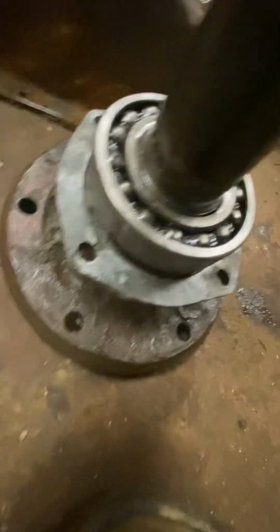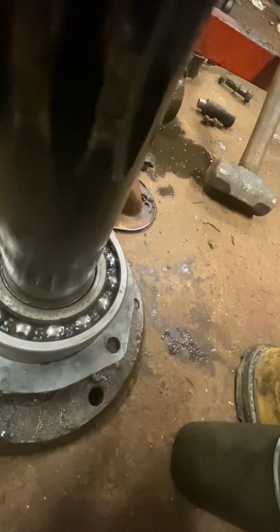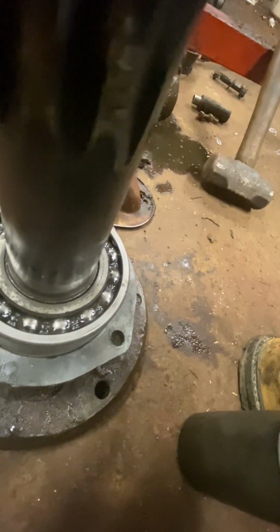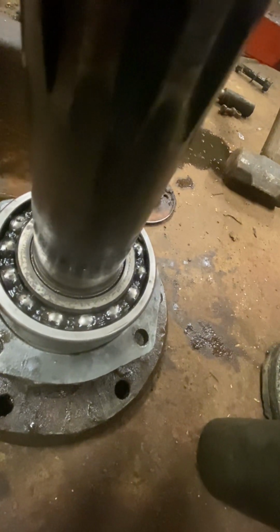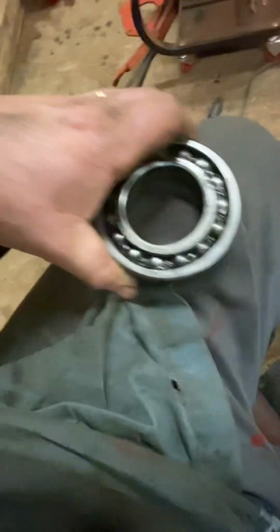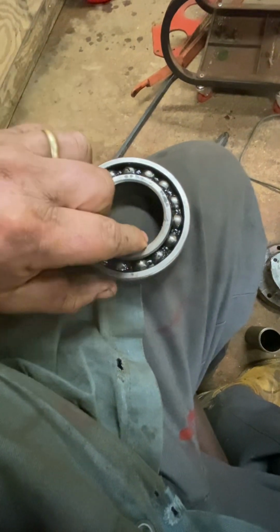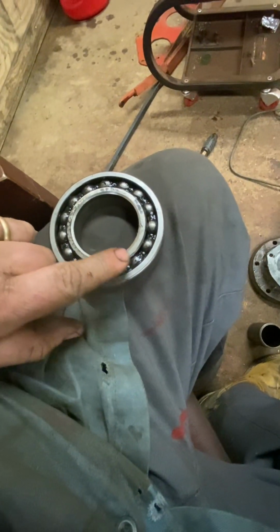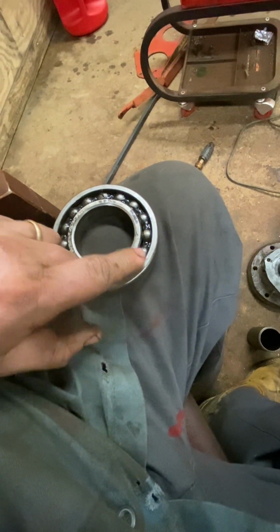So what I'm doing, we're gonna test this out. And this is gonna make a lot of your roaring in the rear, because when that thing is flopping like that, your gear ain't riding straight. And that's gonna have a lot of your roaring going on. But what I'm gonna do, I'm gonna set the specs in. This is 2.17. I'm gonna get a 2 1/4 shim made, a couple of them, by 2 3/4 wide